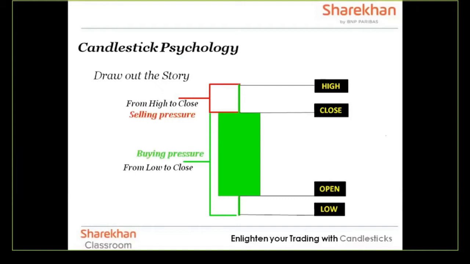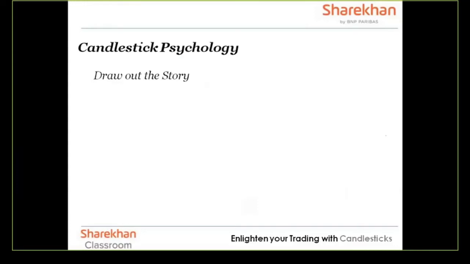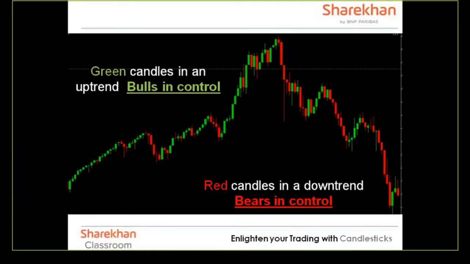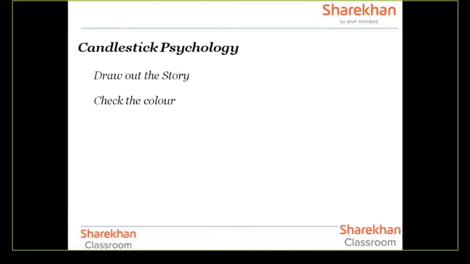Now, since this candle has a lot of buying pressure, we call this a bullish candle, not only because the color is green, remember that, okay? Because there might be a scenario where the color is green, but the candle has a lot of selling pressure. We will discuss that in some time. Secondly, it's the color. We all know that bulls should be in control in an uptrend, and if you see a lot of green candles, that's what it means. And in a downtrend, if you have a lot of red candles, you know that the bears are governing the trend.